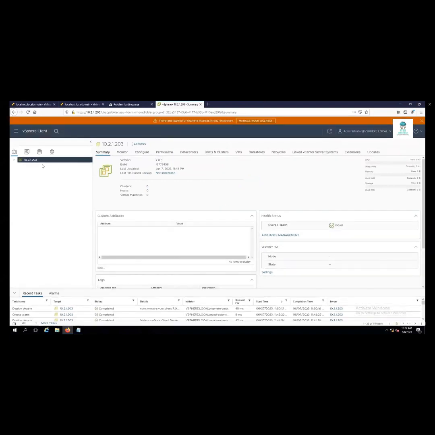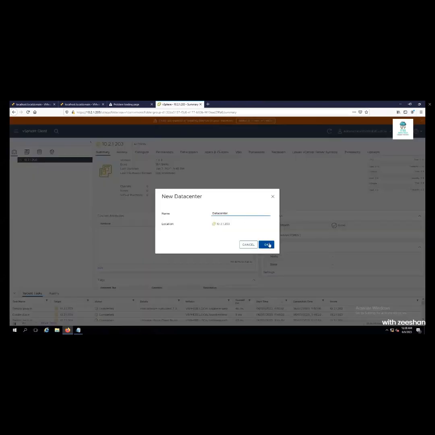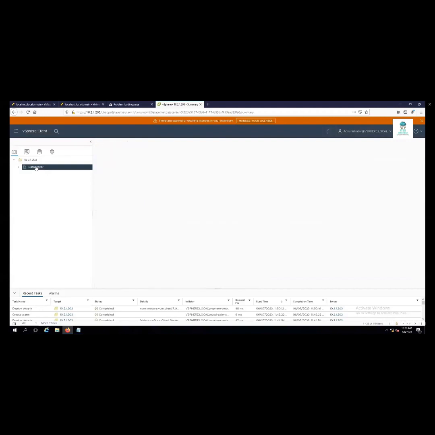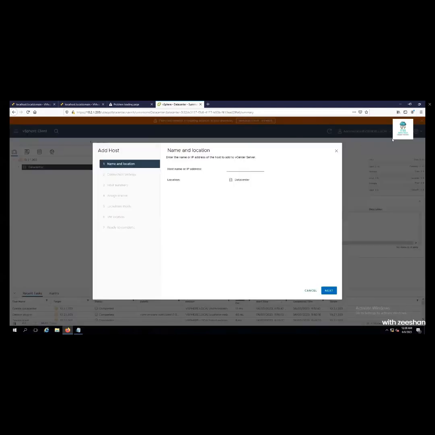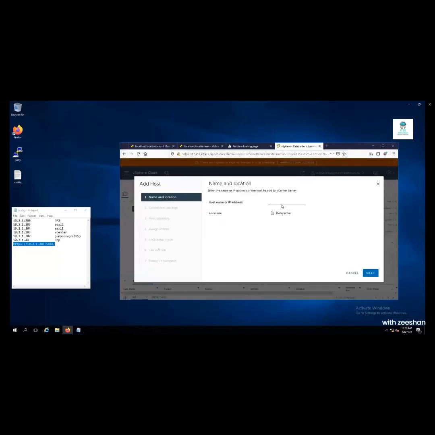So this is the vCenter installed. This is the interface. And right now we have no host available. So first thing we will create is our data center. We can name it anything. The default is data center. And now we can add our hosts, which are to be managed. So we will add host. The host IP address is 10.2.1.204 or esxi1.cloud.com. As this is resolvable, it will again connect to 10.2.1.204 for esxi1. I will provide the ESXi root username and password, which we set up while installing them. And if I hit next,